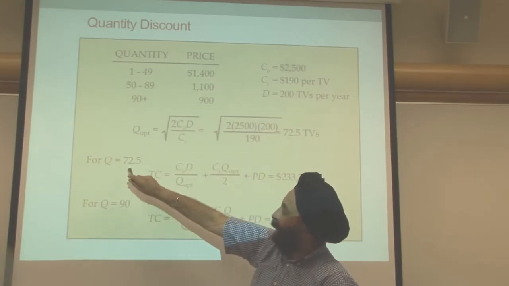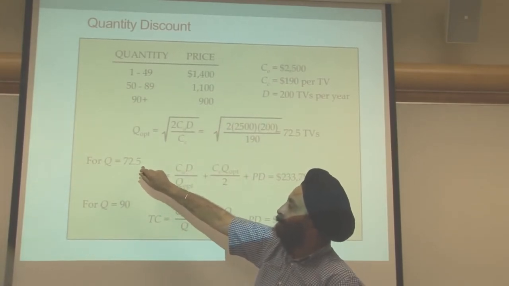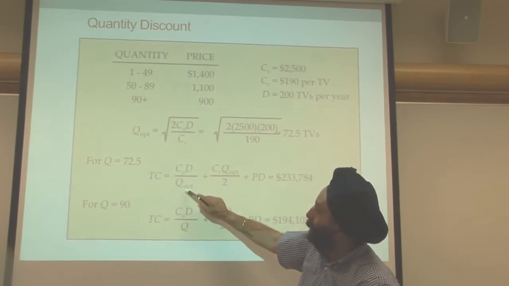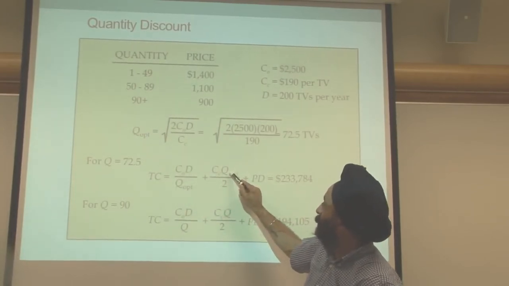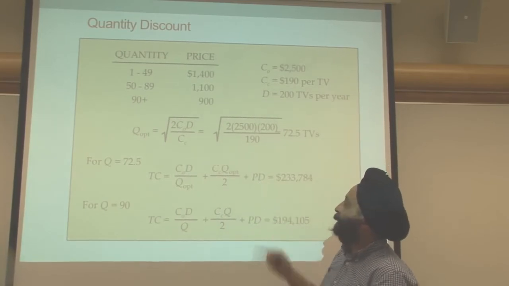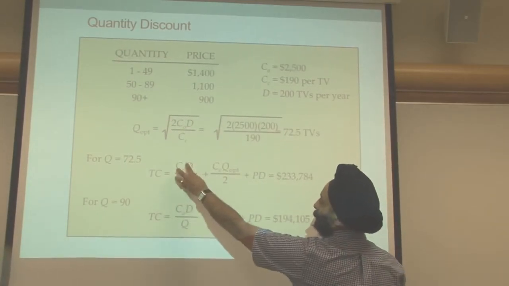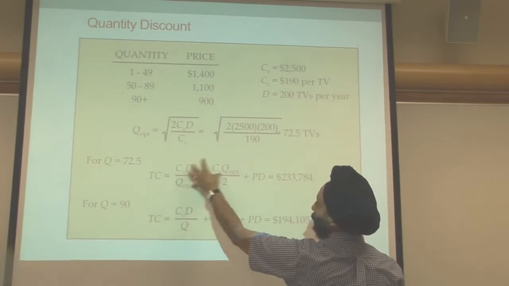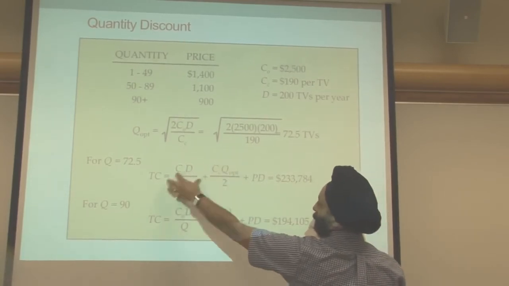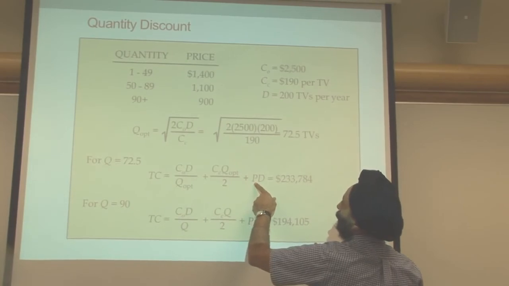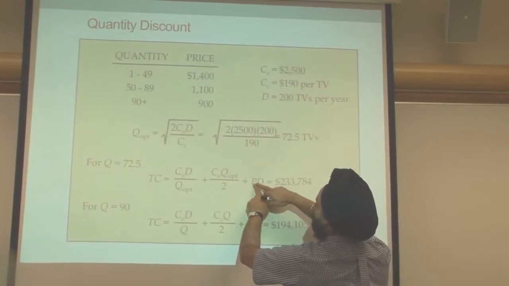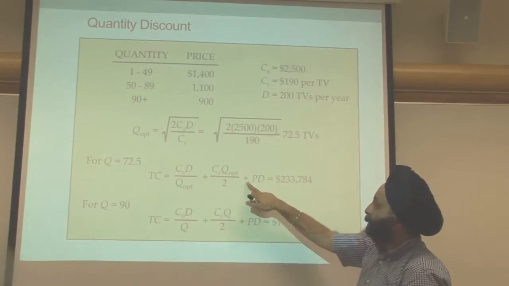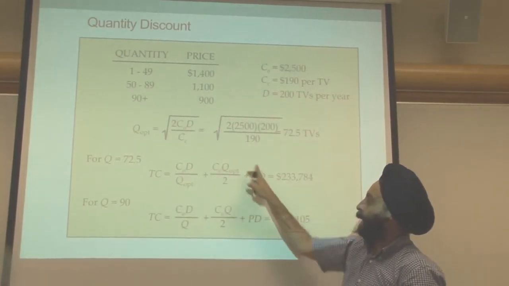If we look at a Q of 72.5, you can plug in the value of Q over here as well as over here. You're looking at a certain cost of ordering and carrying, which in this case will be equal, plus the price you got, which is $1,100 times the demand that you have, which is 200. So all these three things add up to